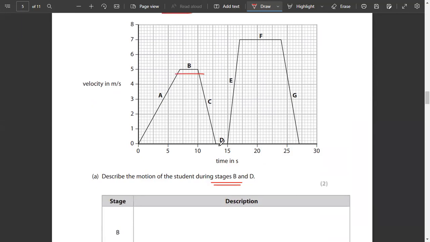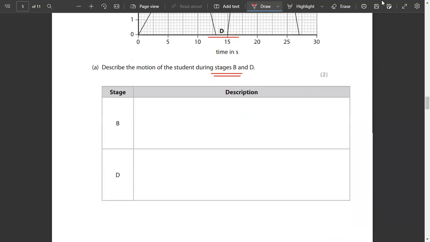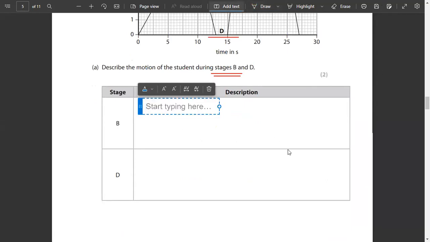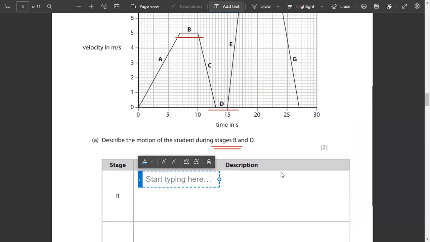B and D. इन दोनों को हमने explain करना what was the motion of the student. So the motion of the student in part B and D, हम कैसे now first of all look at this. It's a velocity time graph. तो velocity time graph में horizontal line क्या show करती है? Number 1, zero acceleration